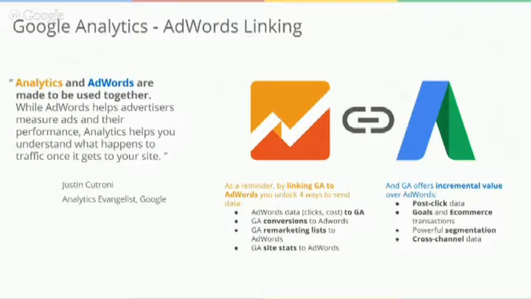You are able to take AdWords data into GA and report on it. You can take GA data, which is a whole list of post-click interactions, engagements and conversion tracking, and pull that back into AdWords. You can also pull in a remarketing list. That's very important. You do want to remarket to your customers, but you can get that data out of GA back into AdWords. And more importantly, you can get site stats, which is also a very powerful group of metrics. When you start integrating, you start getting into discrepancies of sorts. So having said that, I'll try to give you a little bit of background.